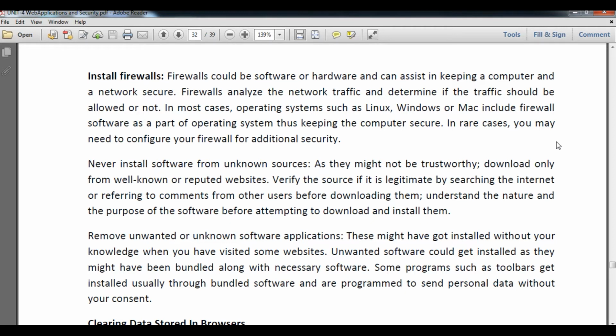So unwanted software could get installed as it might have been bundled along with necessary files. Some programs such as toolbars get installed usually through a bundle of software and are programmed to send personal data without your consent.